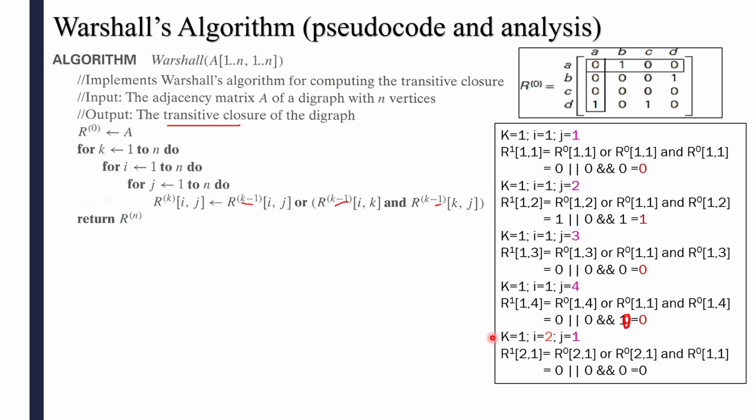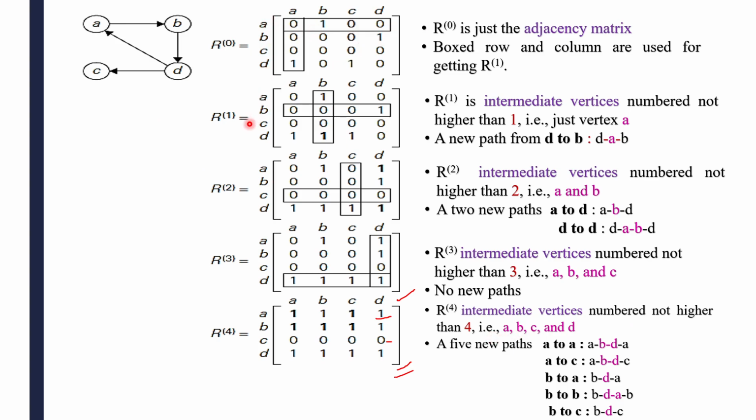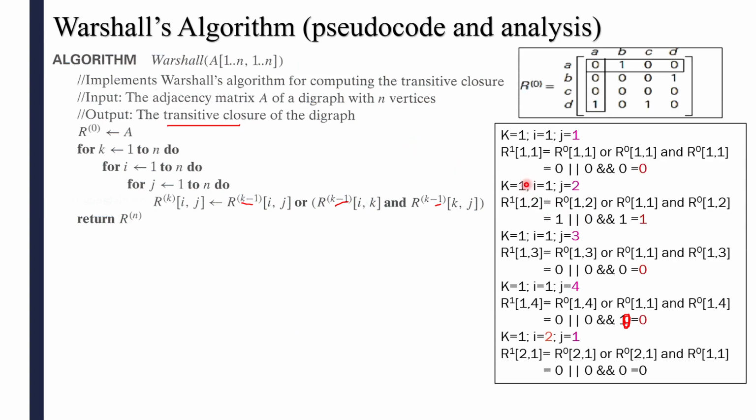So it is the same as your problem. What problem have you solved now? Here this is the procedure you have done. See here in R1: 0 1 1 0 here. So for this one, if you want to get the solution for R1 only, you have to repeat 4 cross 4 times here. Okay. So 4 times, what procedure have you done here? This one you are repeating, the same thing. It is done in the form of a matrix. If you want to check, if you substitute here, you will get the same values only.